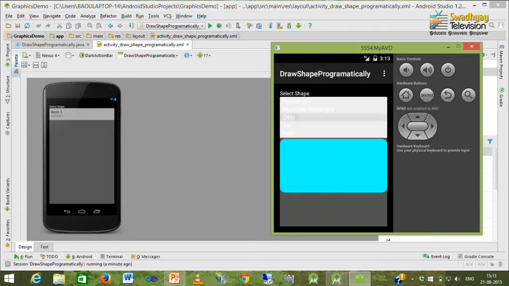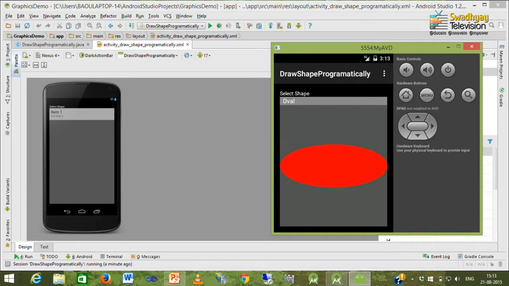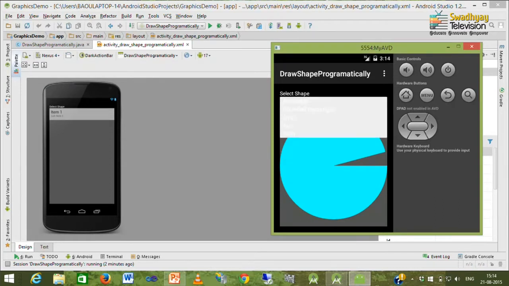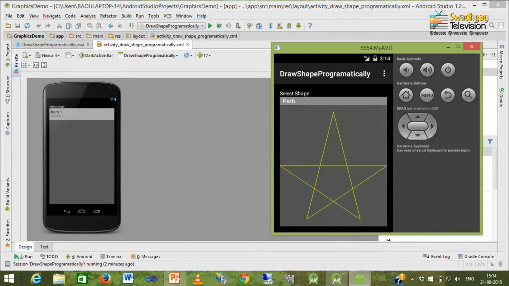Likewise, we have oval, we can have arc. This arc is from 0 to 345 degrees, and lastly we will create a path shape, and using path shape I specify a star. This is our layout: text view, spinner, and below it is an image view where we fetch our shapes programmatically.